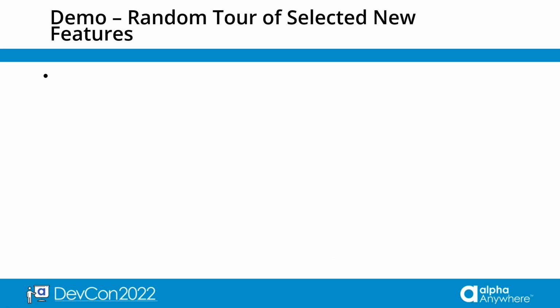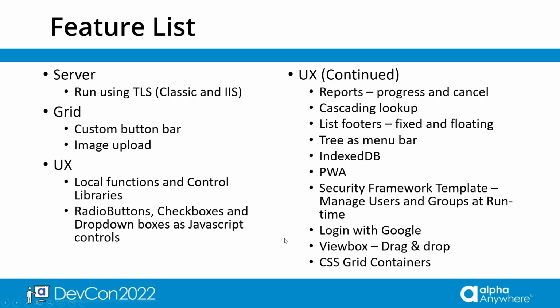So what we're going to do now is sort of just a random tour of some of the new features that were added in the last year. And what I've got over here is a list of some of the new features that we're going to be talking about. So on the classic server and IIS, we've made it much easier to run and test with TLS,